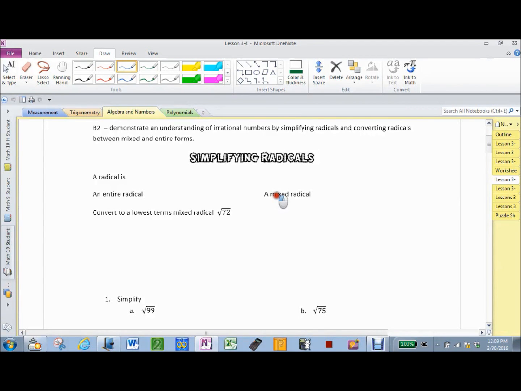Simplifying radicals, take 2. All right. First of all, we got to talk about what a radical is. We talked about this a bit yesterday. Okay? A radical is any expression